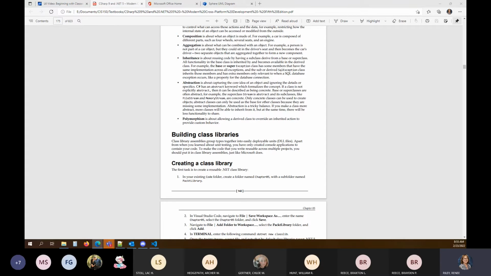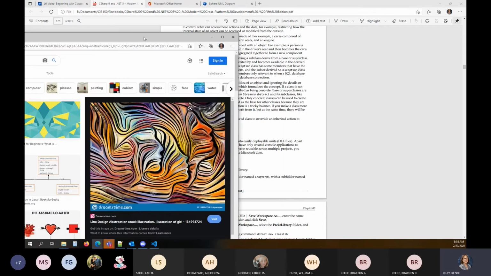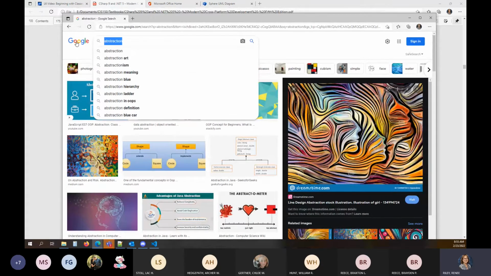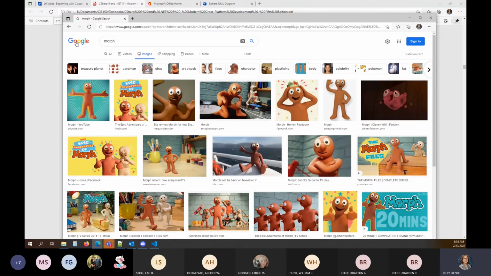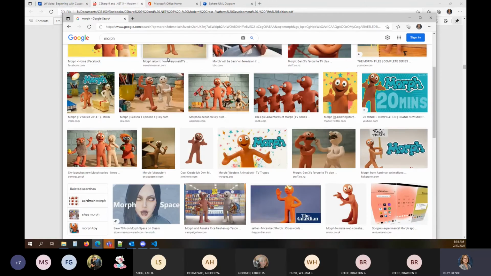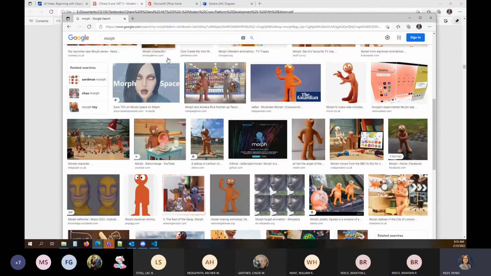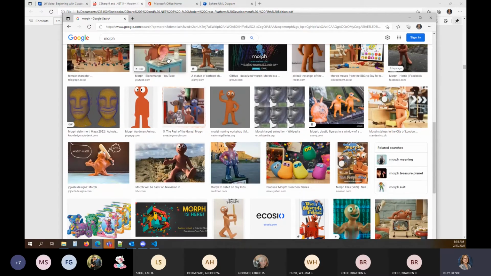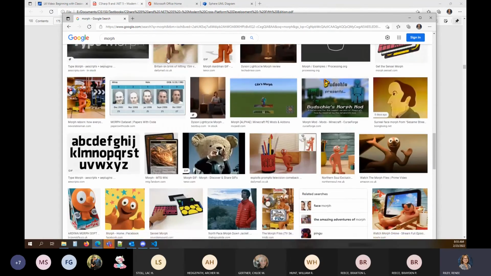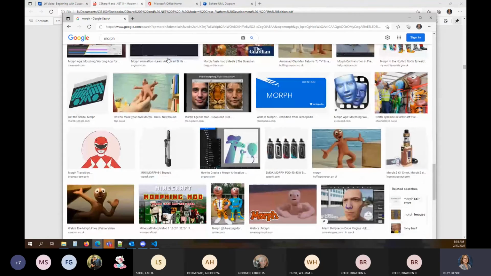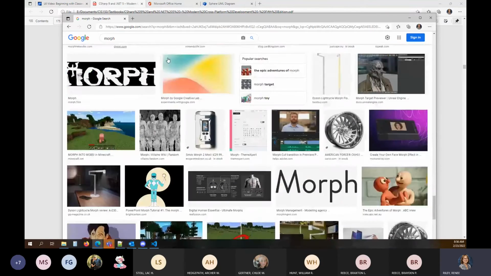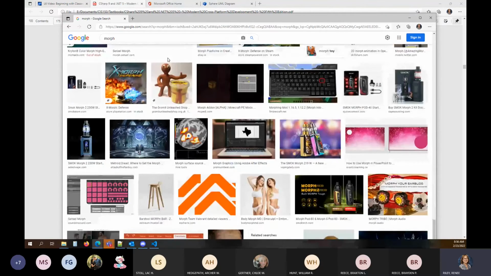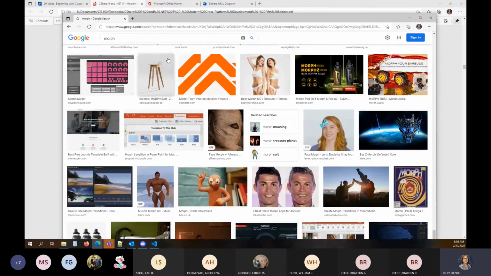Lastly, polymorphism. That's an interesting one. Let's search for morph, because that's really what we're talking about. All I've got is the morph guy, so he's morphy. Man, oh man, he's just taking over the edge thing here. I don't know so much about edge, but I'm looking for pictures. But that is a good picture for polymorphism.